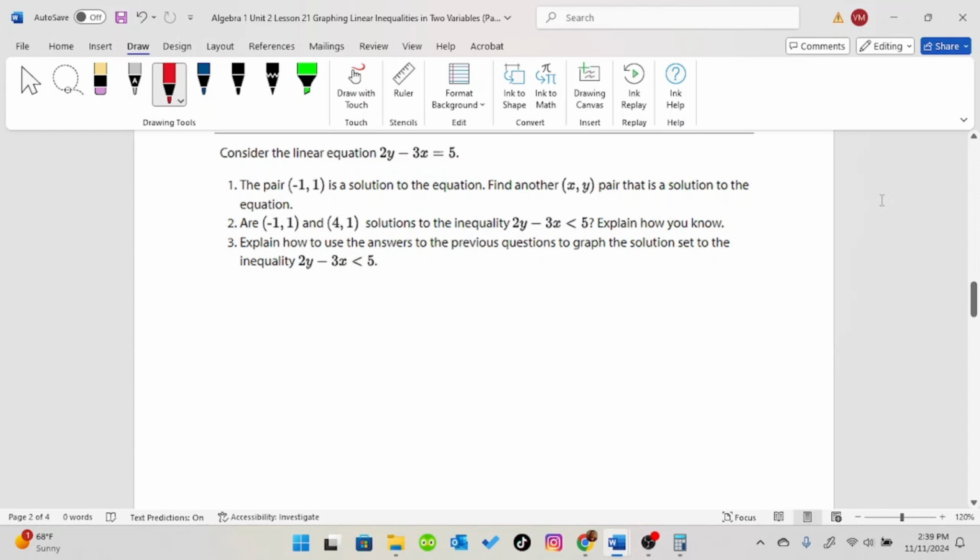Our next practice problem says, consider the linear equation 2y minus 3x equals 5. The pair negative 1, 1 is a solution to the equation. Find another xy pair that is a solution to the equation. So looking at the equation that I have, I know that if I put 1 in for x and 4 in for y,